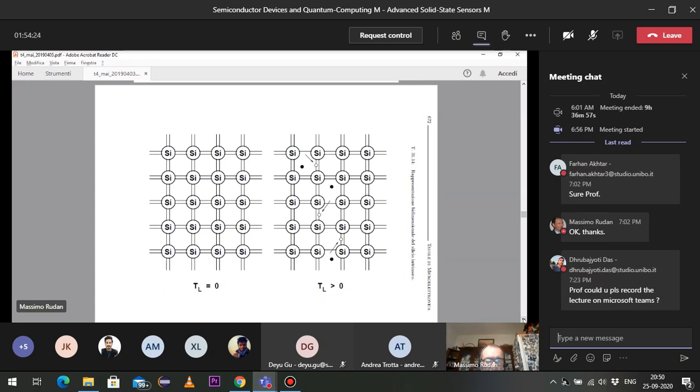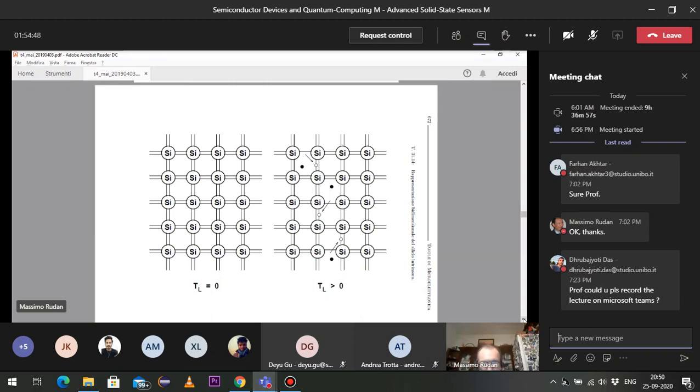So we have one silicon atom surrounded by other 4 silicon atoms that are symmetrically placed in the 3-dimensional space, okay? This is the correct description of the crystal, but this description is not very convenient